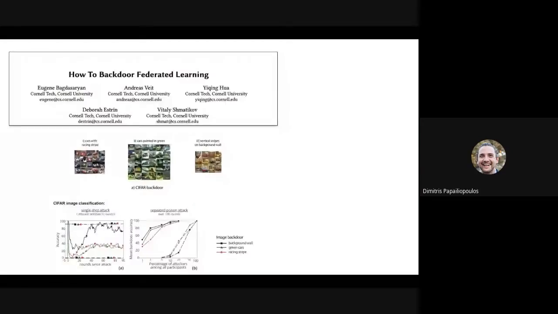So a couple of years ago, there was this really cool paper by folks at Cornell Tech, including Eugene and Vitaly, that are attending this workshop, that basically said, look, you can hardwire some backdoors in federated learning models and make them mispredict on subtasks of the main predictive set of tasks. For example, you can make them mispredict green cars as frogs and whatnot. And the way that they were achieving this is essentially by a technique called model replacement that adversarial nodes can achieve at some points during the learning process.